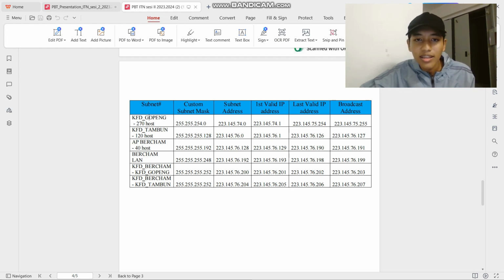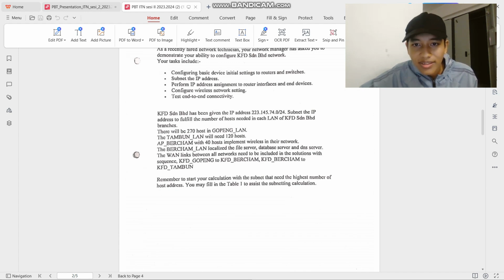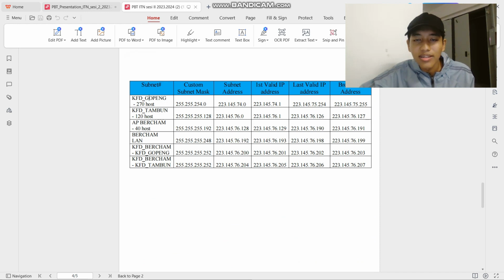The 74 needs to be changed to a binary number, and we will get the subnet address. The first valid IP address will be 223.145.74.1. You just need to add 1 at the back. And then the last valid IP address will be 223.145.74.254. You just need to subtract 1 from the broadcast address, which is